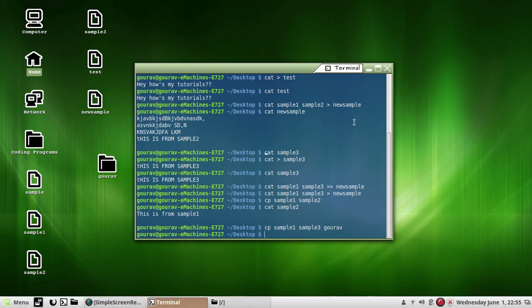So how do I do it from the command line? You can specify the command and provide the absolute path like this: root, then tmp, then the file name Gourav, and the destination absolute path: root, dev, net, and then the file name. I want Gourav only. If it exists in the net folder, then its contents will get overwritten from this file, or if it doesn't exist, then a new file will be created named Gourav. When I click on enter,